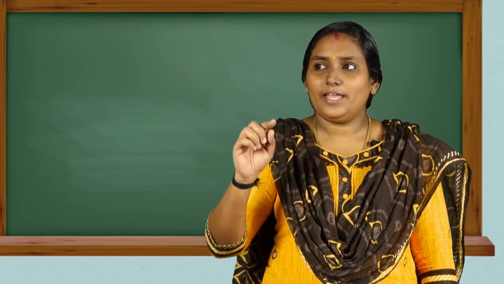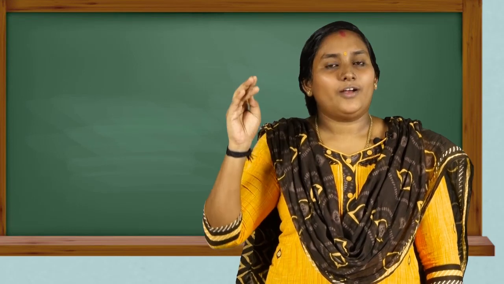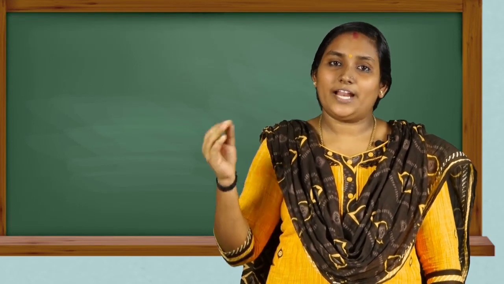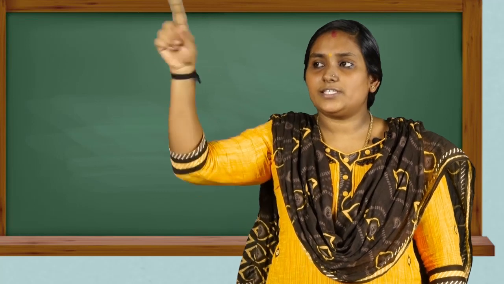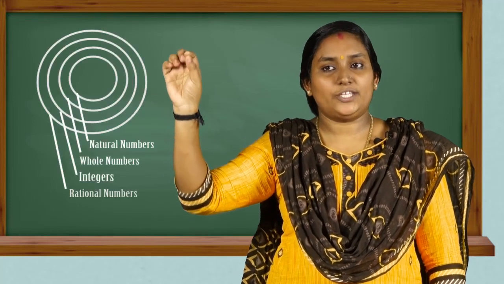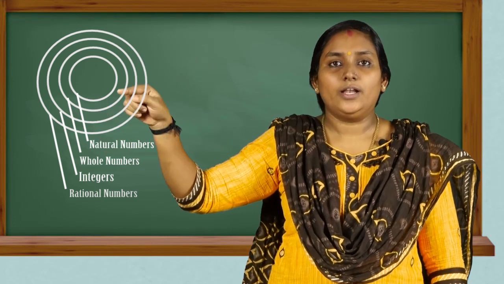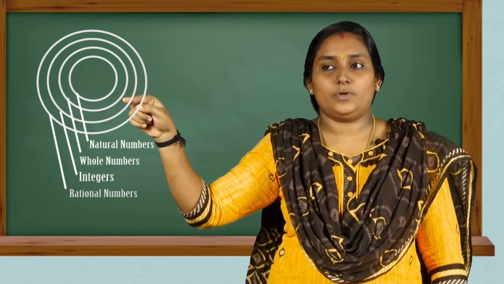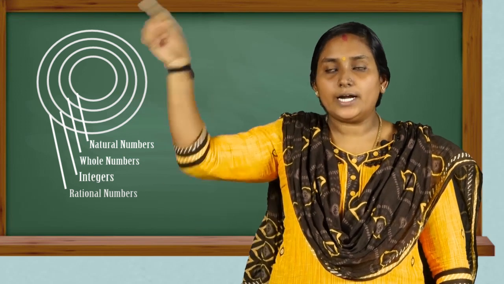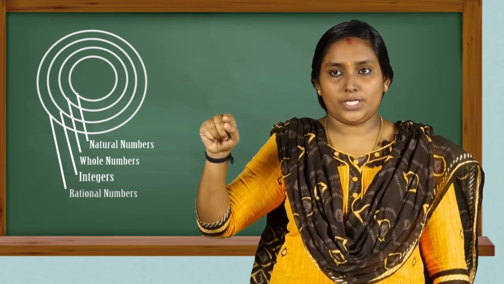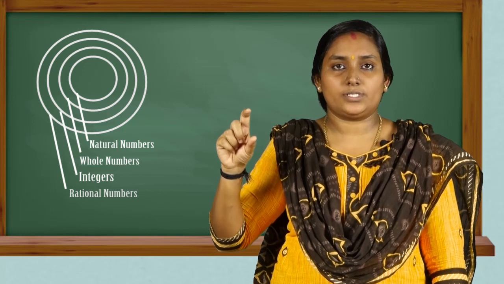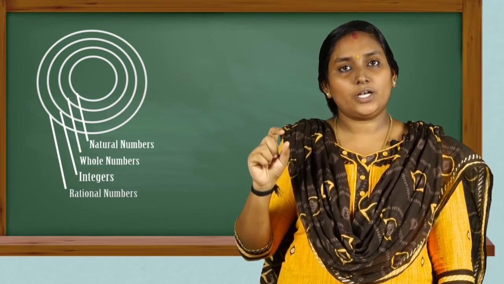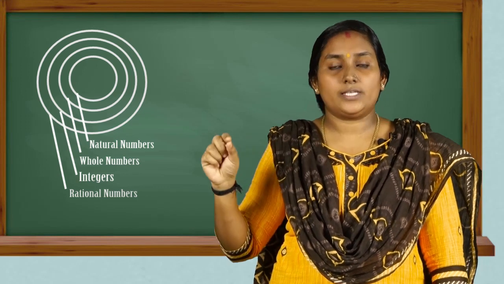Shall we go through the chapter with some simple equations? We studied that there are natural numbers, whole numbers, integers and the rational numbers. Let us see these numbers in circles. The first circle is the natural numbers. The second circle is the whole numbers, including 0. The third circle includes the negative numbers, the 0 and the natural numbers. And the fourth circle includes all three, that are the rational numbers. The rational numbers include fractions as well as decimals.